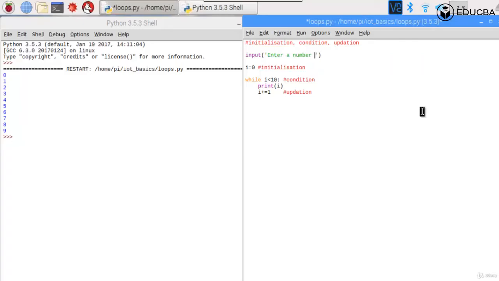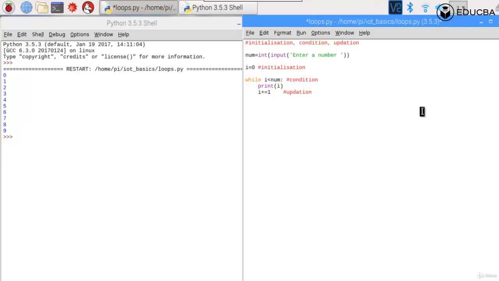Whatever the number he or she enters will be converted into an integer and stored into a variable, let's say num. Let's say user entered 20. So I want that while i less than the number which the user has entered, be it whatever,